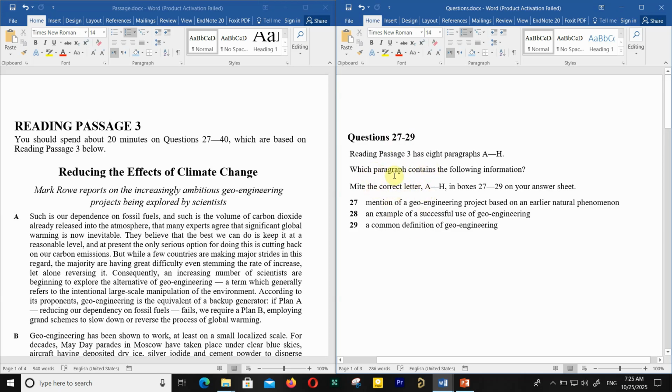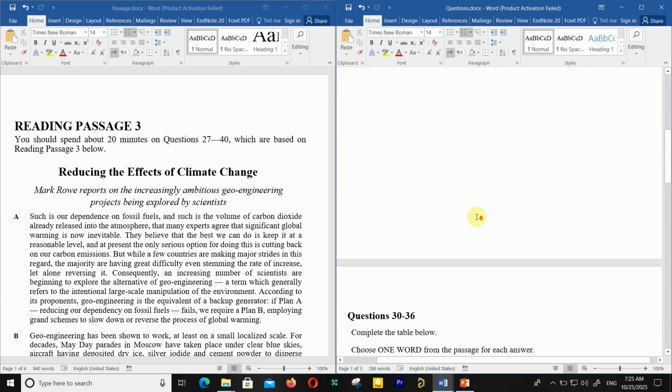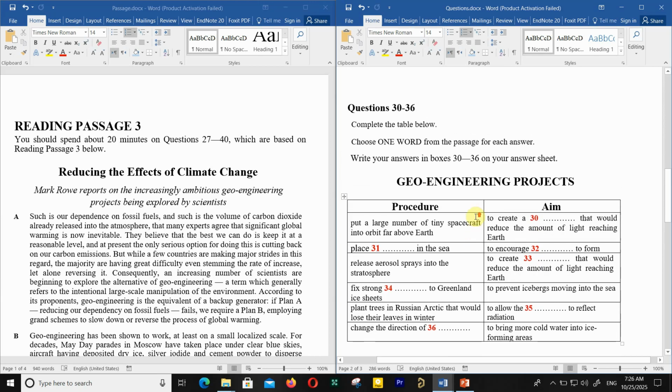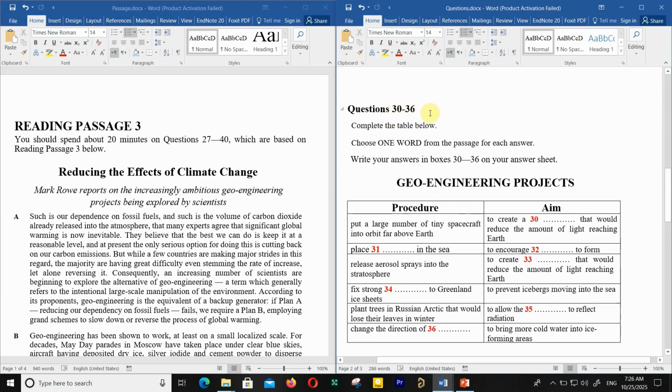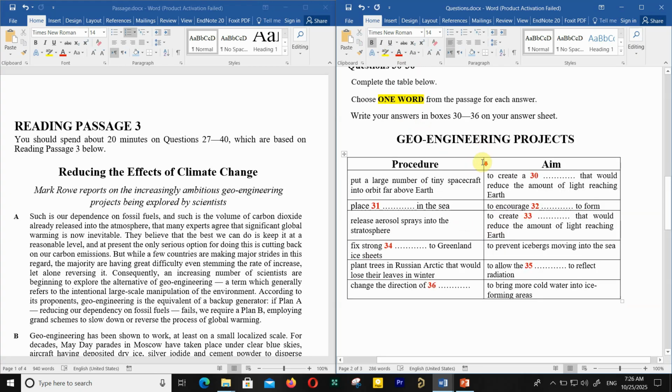Which paragraph contains the following information? So this is the difficult one to start, so I'm not gonna start from here. But this one, questions 32 to 36, this one is an easy one. Complete the table below, choose just one word only from the passage,